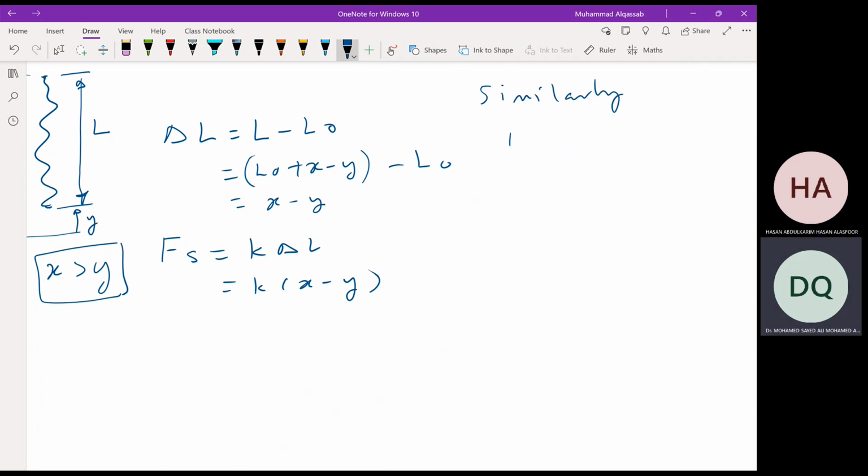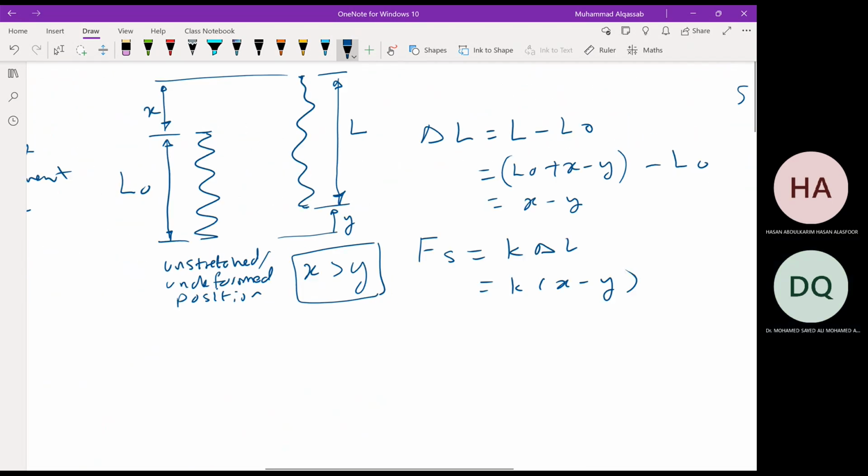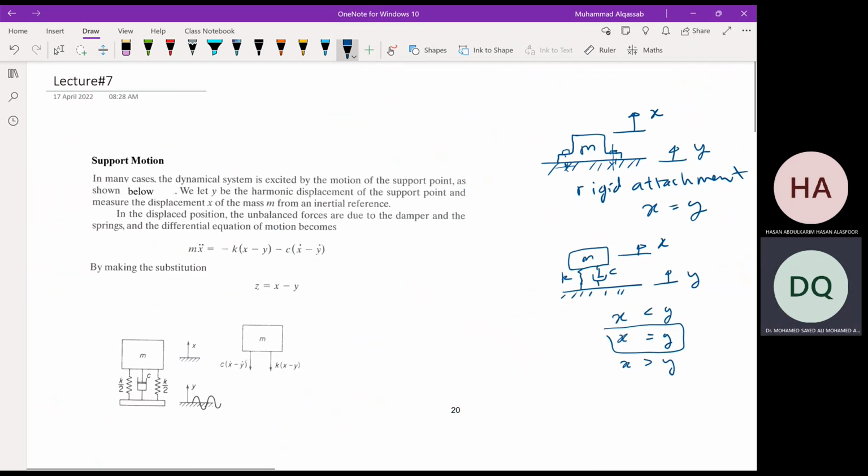The damper force is Fd equal to C times (x dot minus y dot), because you need the velocity, and x minus y is the displacement. You take the derivative with respect to time and you get the velocity. So the damper force is going to be C times (x dot minus y dot). Okay,